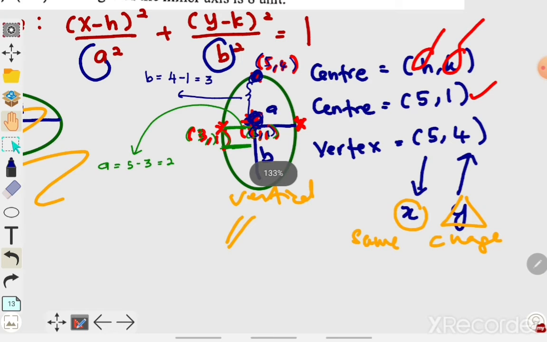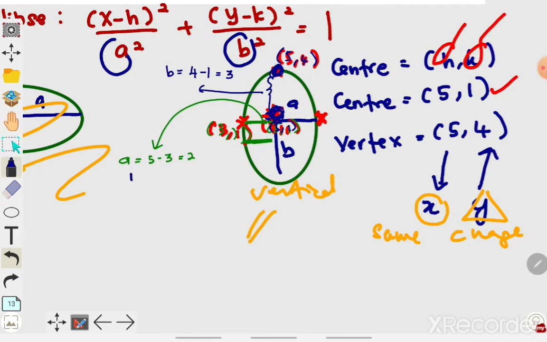Now you have the value of h, k. You have the value of a. You have the value of b. So let's substitute into the equation. Therefore, (x minus h) squared over a squared